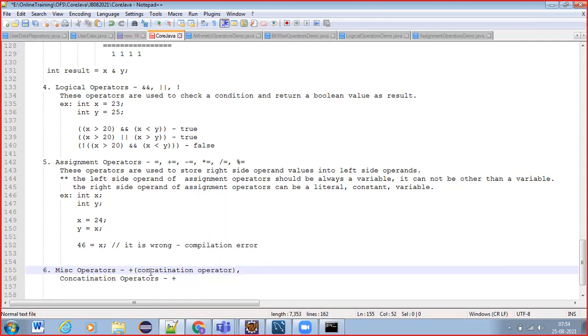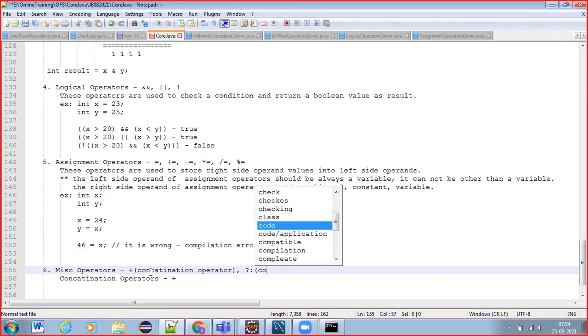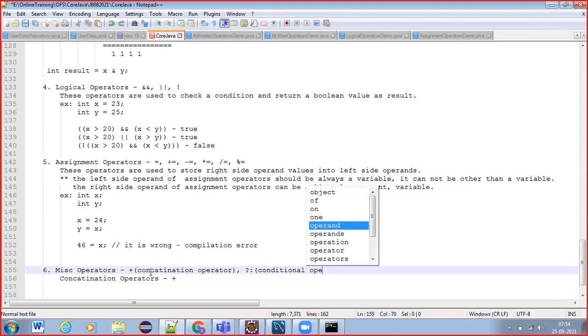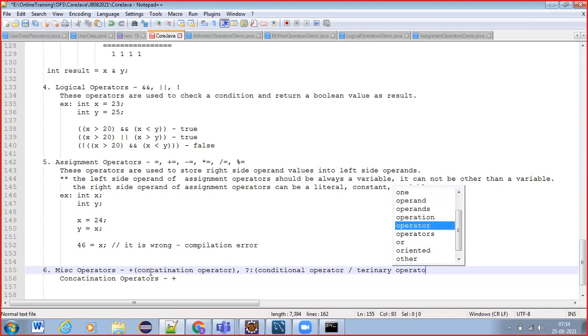And then we have question mark colon. We call this the conditional operator or ternary operator.